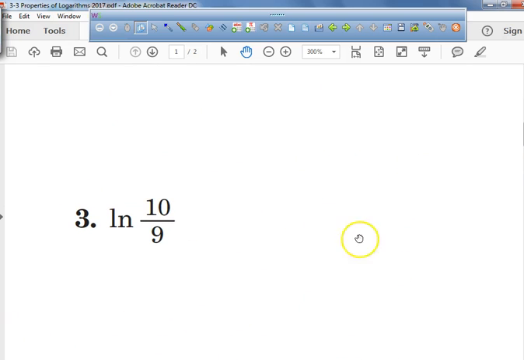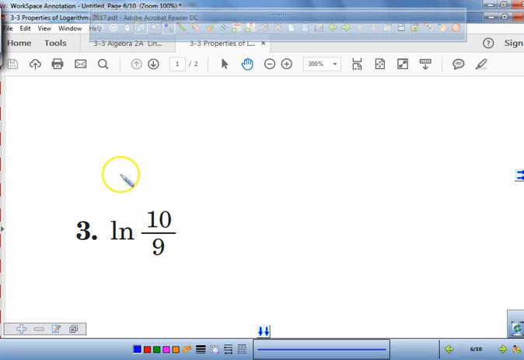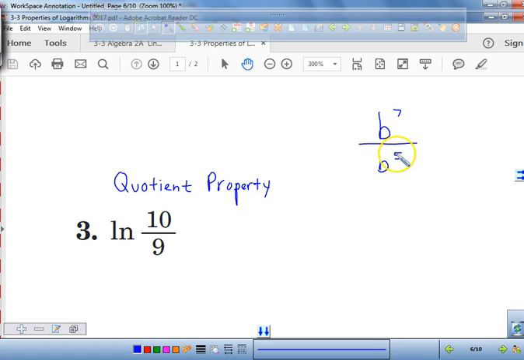Everybody, we are not going to use the power property here. This is going to be your example of the quotient property. If you desire to know how the quotient property works, write it down. If you still want to be clueless, please watch another video. The quotient property takes this concept of b to the power of 7 over b to the power of 5. What are we allowed to do with those exponents? Yes, you're allowed to subtract them and get b squared. So in a very similar way,